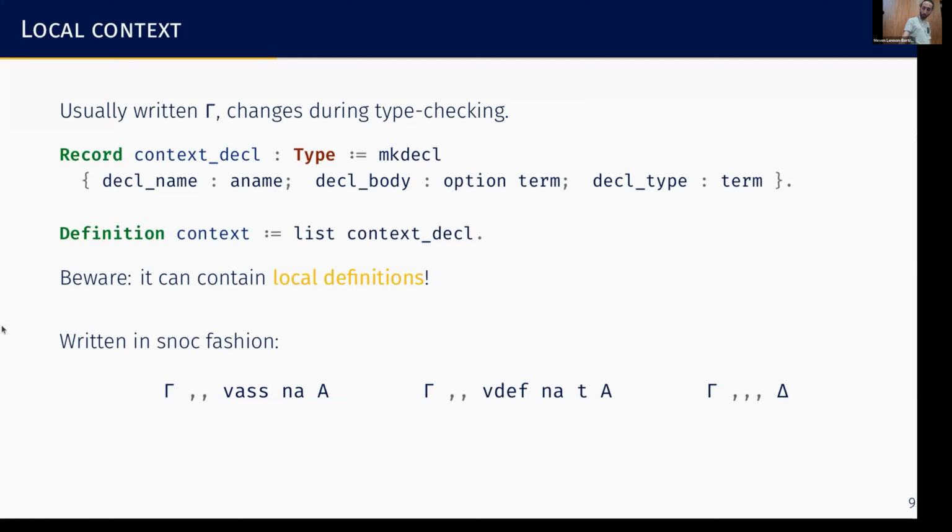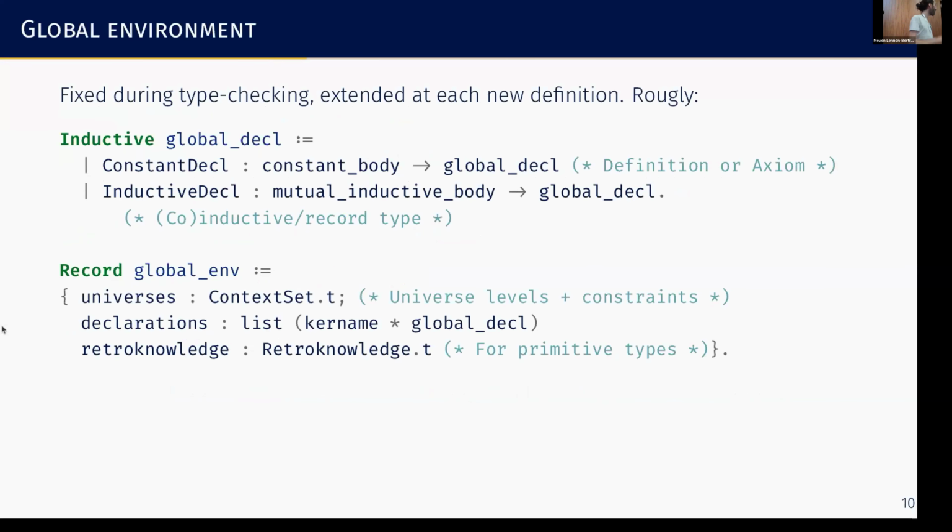Okay, so that's the easy side of things. And then there's the nasty side, which is the global environment, where you have all the previous definitions, inductive types, constructors, and so on and so forth. That thing is a bigger, more complicated thing. But basically, in this global environment you have some universe information, containing this big universe graph with all the universes that have been defined so far, and then the constraints that they should satisfy for the whole thing to be valid. The important bit is this